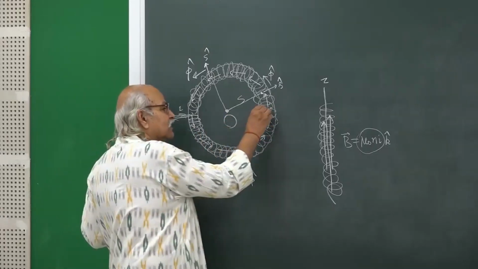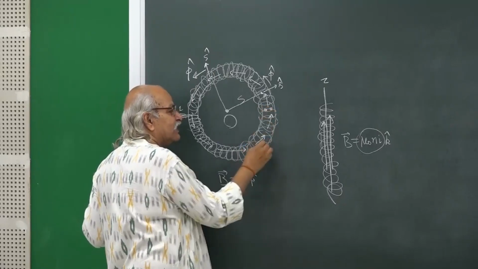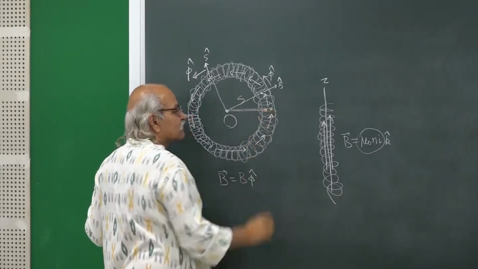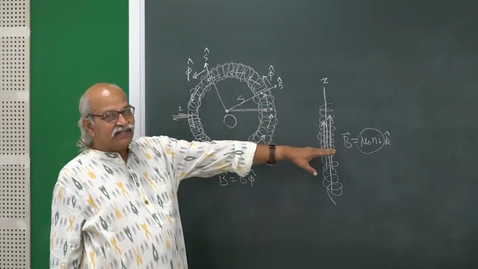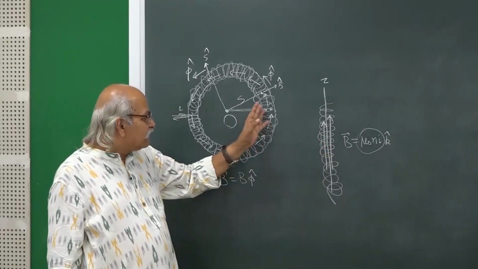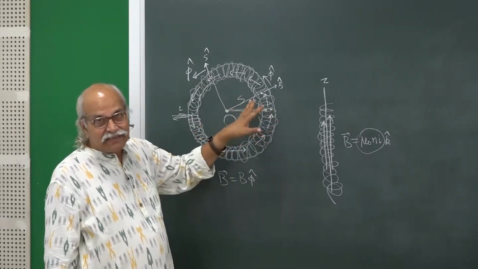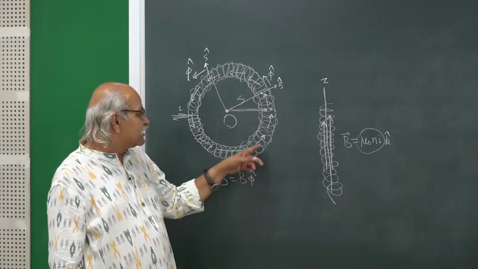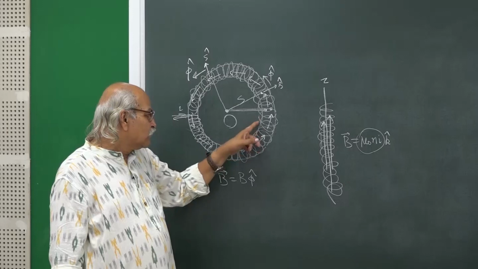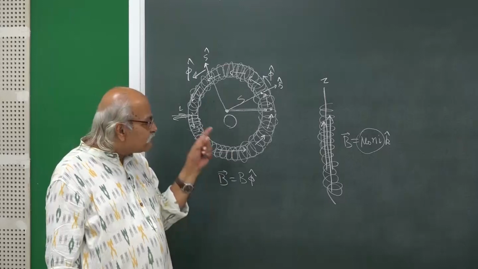So, the magnetic field at this point where S is small and the magnetic field at this point where S is large, remember this is our S. Since n is varying, n is not constant, you expect that the magnetic field may have an S dependence, not S direction, but S dependence. The magnetic field is in phi cap direction, but the magnitude here may be greater because you have more number of turns here, and here it may be smaller. So, that we want to derive,